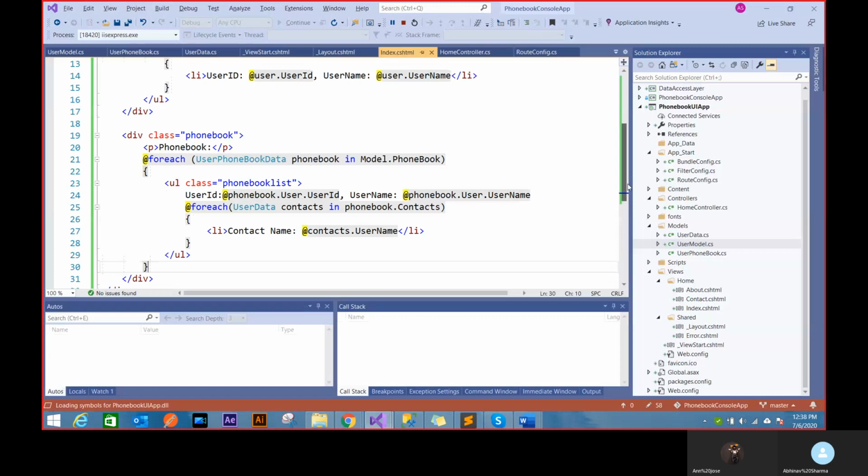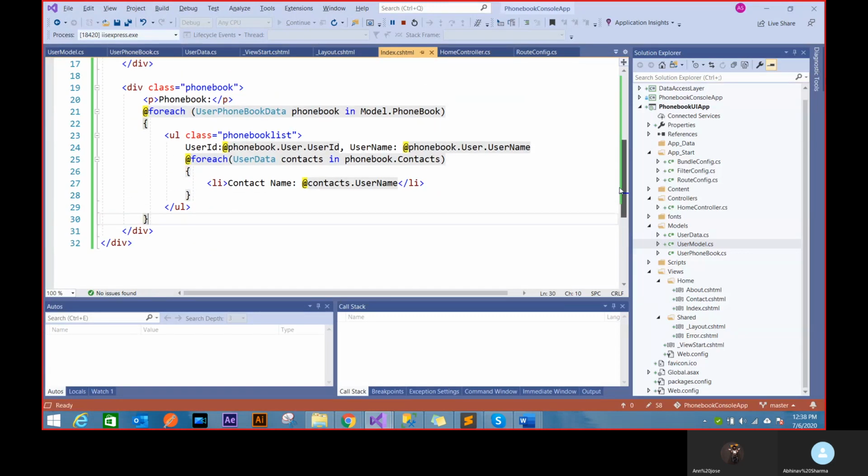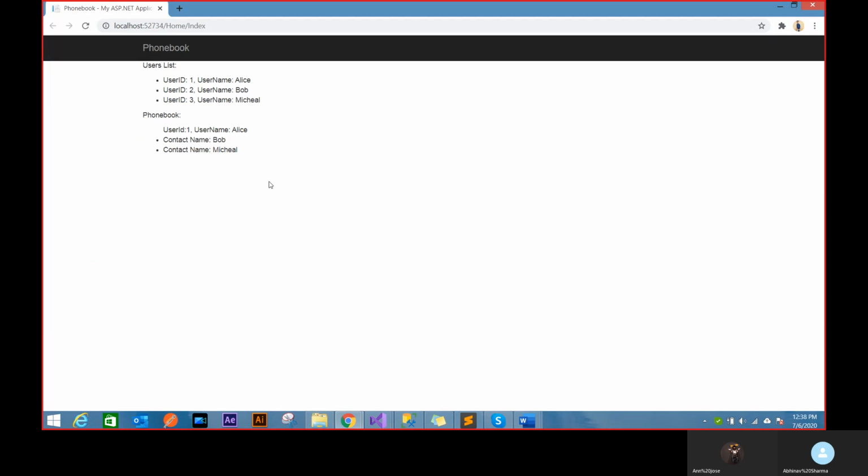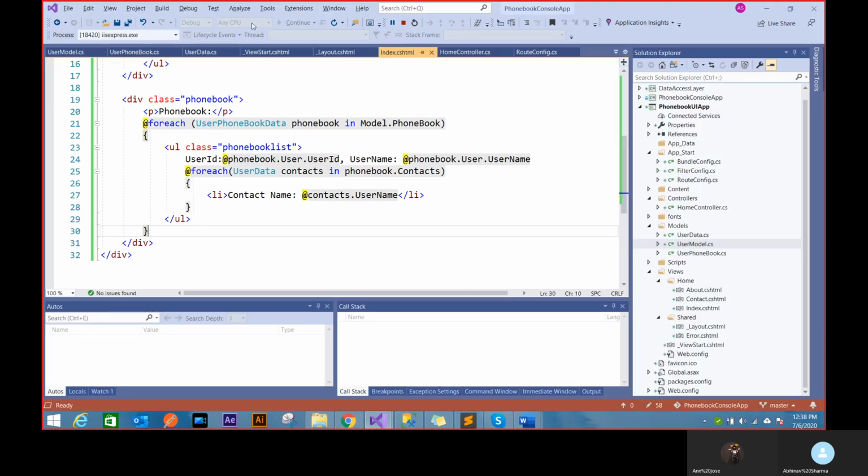And the power of this is that it's not HTML anymore. This is like an advanced version of HTML. That's called C#. That's why the syntax is called CSHTML. It eventually becomes a user page because something is going to be rendering this on my behalf. So you see, for user ID Alice, I have Bob and Michael. If I have added a Bob record, then I would also have that. So I can try that out.